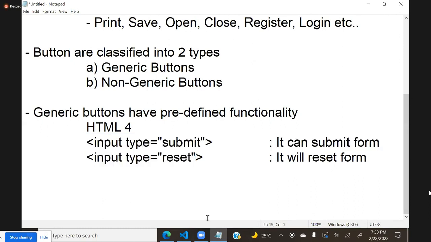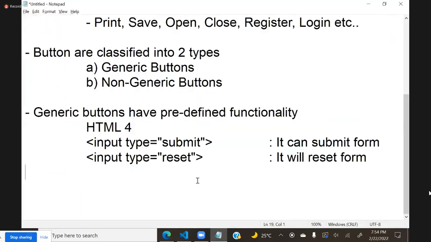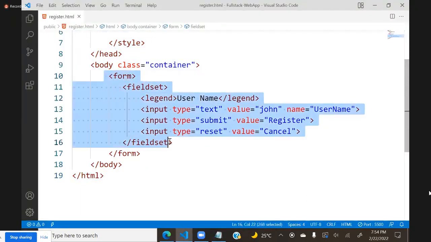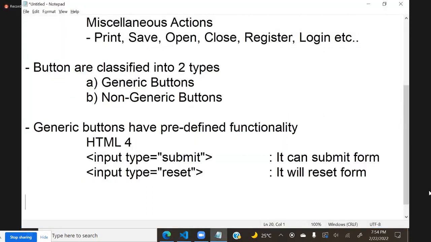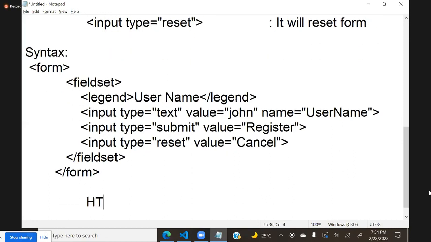These are HTML4 buttons. I will copy this. I will copy only this form for your reference sake. So syntactically, it will be like this. Now in